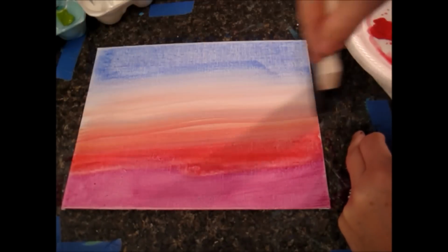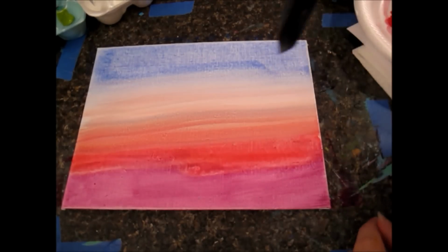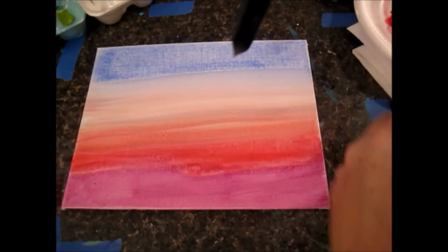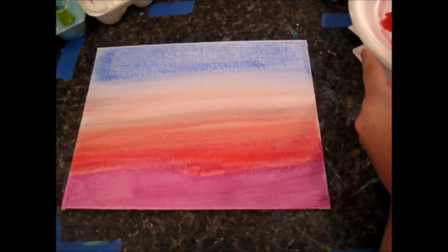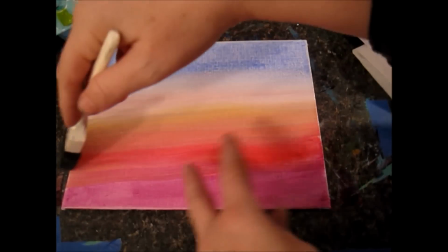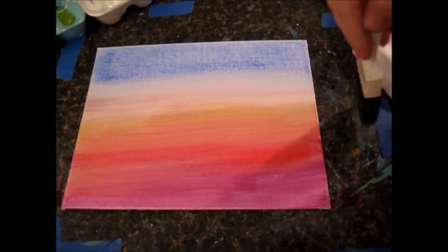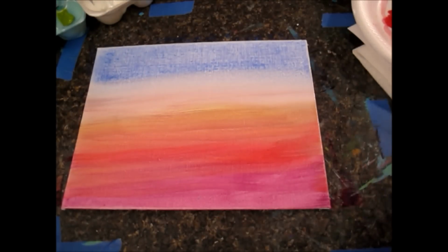If you use a light color on your horizon, it could be a yellow or just any kind of a lighter color, it gives the illusion of depth. So I would suggest doing that. I'm going to pick up a little bit of yellow too and come in here with some yellow, getting some blue down in my thing. This part doesn't really matter that much because this is all going to be covered up with your flowers and such. So I'm not too concerned with it